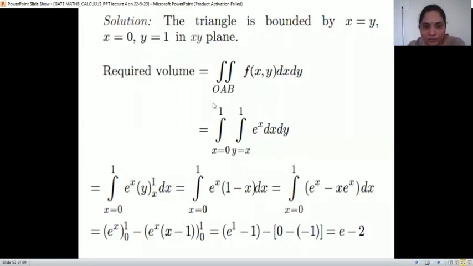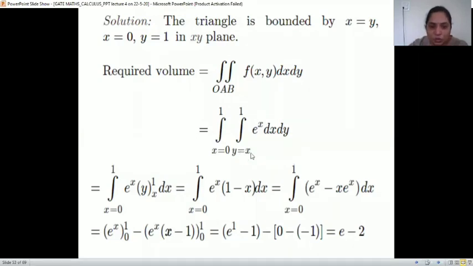Okay, if you are solving and if you have drawn this and if you have drawn a strip parallel to the y-axis, then we can see the lower end is y is x and the upper end is y is equal to 1. So we are writing the limits y is x to 1, and if we rotate the strip, there is x is 0 and upper is x is 1. So these are the limits, right? And your function is e raised to x dx dy.